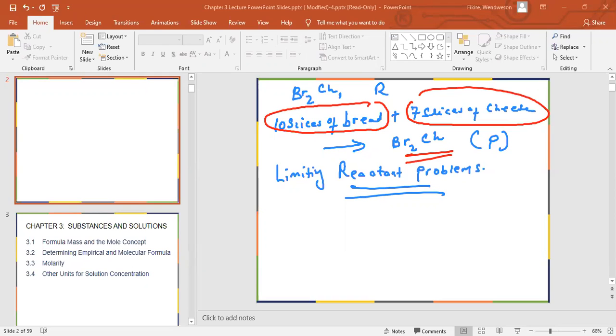So that will help us to determine the amount of product that we get. That's very important for us. If we know the limiting reactant, we can determine the amount of product, okay? Of course, there's an example here. For example, I don't know if this problem was done during the lecture, but this is a good practice here.